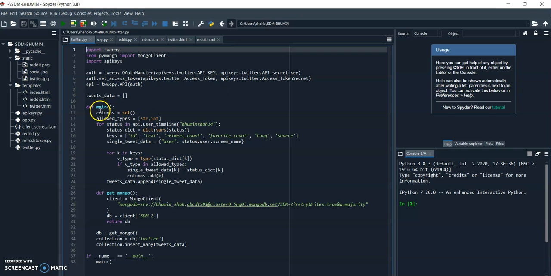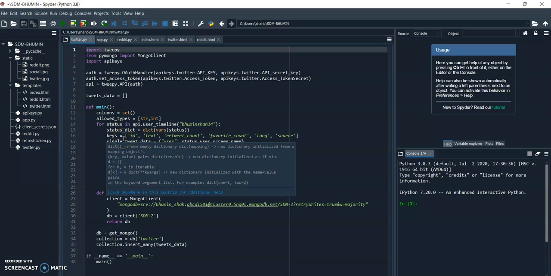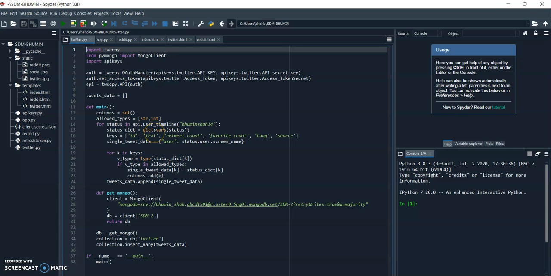So now I define the main function, and here we can see this is my Twitter login ID name, Bhumin Shah 14. Here this is the data model: ID, text, retweet count, favorite count, language, and source. So now this post will connect to MongoDB by using this link. This is the connection link. Here the username, and this is our database name, SDM2, and this is our collection in Twitter. So now I run this code